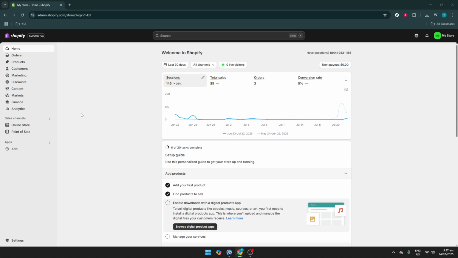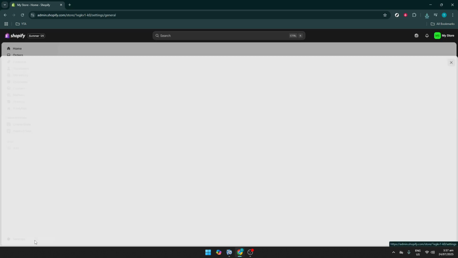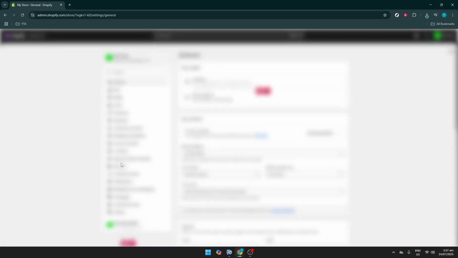You can start by opening your preferred web browser and going to your Shopify store's homepage. Once you're on the dashboard, look for the option that says Settings. You can usually find this at the bottom left corner of your screen, so go ahead and click it. This will open up a new menu where you'll find a variety of options to customize and tweak various aspects